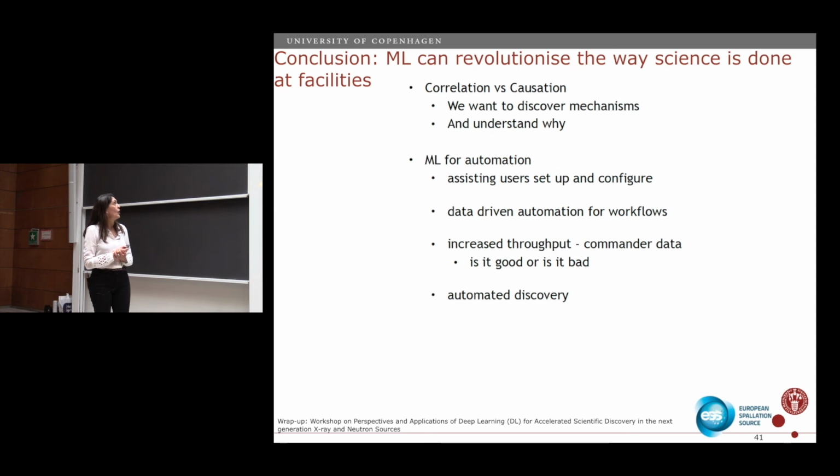We need help for automation because we need to find new ways to configure our instruments and to do setups. How do we really analyze this data that comes very fast on the flow? How do we decide to say, okay, next, stop, go, your error bar is big, but we can denoise your data, we can move forward? And then automated discovery. How can we really do better?